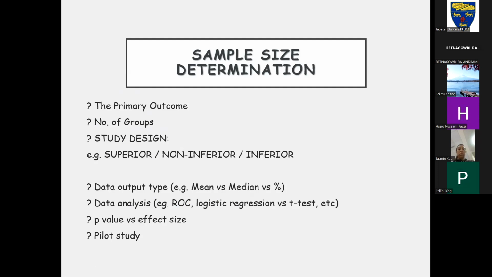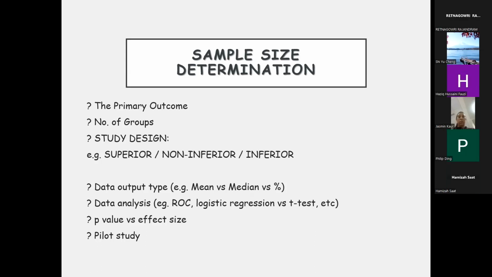These things normally need to be there when you're comparing 2 arms. Obviously you don't need to show whether one is superior when you are trying to look at factors, okay? So then what is your output going to be? Is it percentages, mean, median, or is it going to be logistic regression? So this comes to what we were discussing just before I started the presentation, what kind of data analysis you're going to use. In your case, it'll be hazard ratio since you're looking at recurrence and so forth, but it's still the same kind of model.